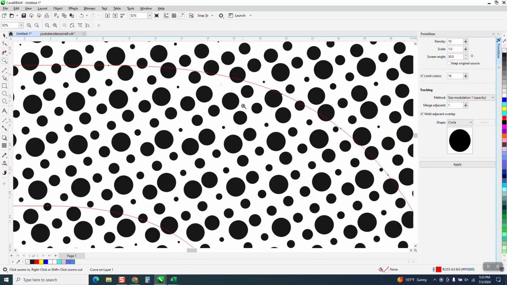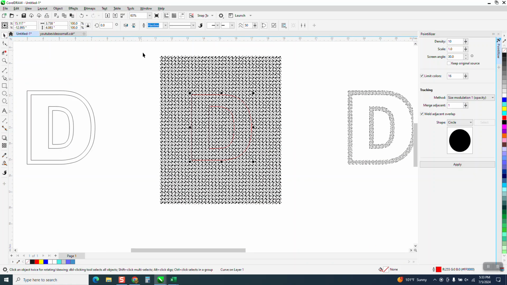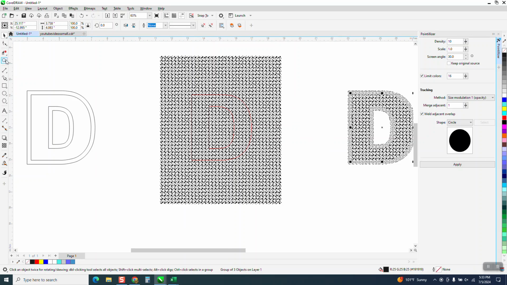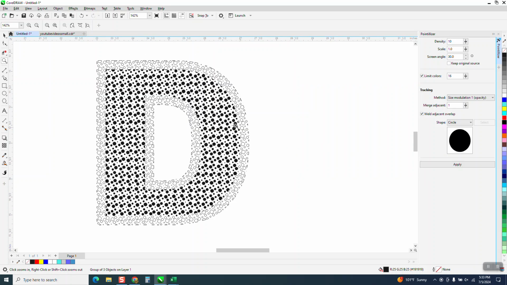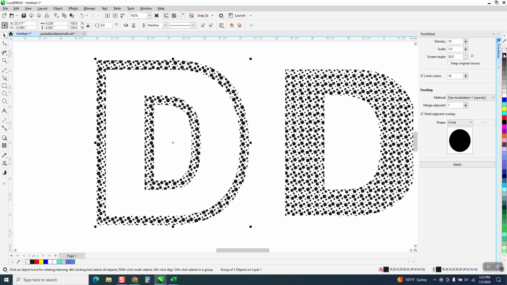I'm actually going to zoom in. I need to be able to see it in front of the black. And now I'm going to intersect that and move that over, and look at that. Now, the original is not black anymore. So what we're going to do, we're just going to select it and make it black or whatever color you want. And while it's in this state, I'm going to go to Effects,